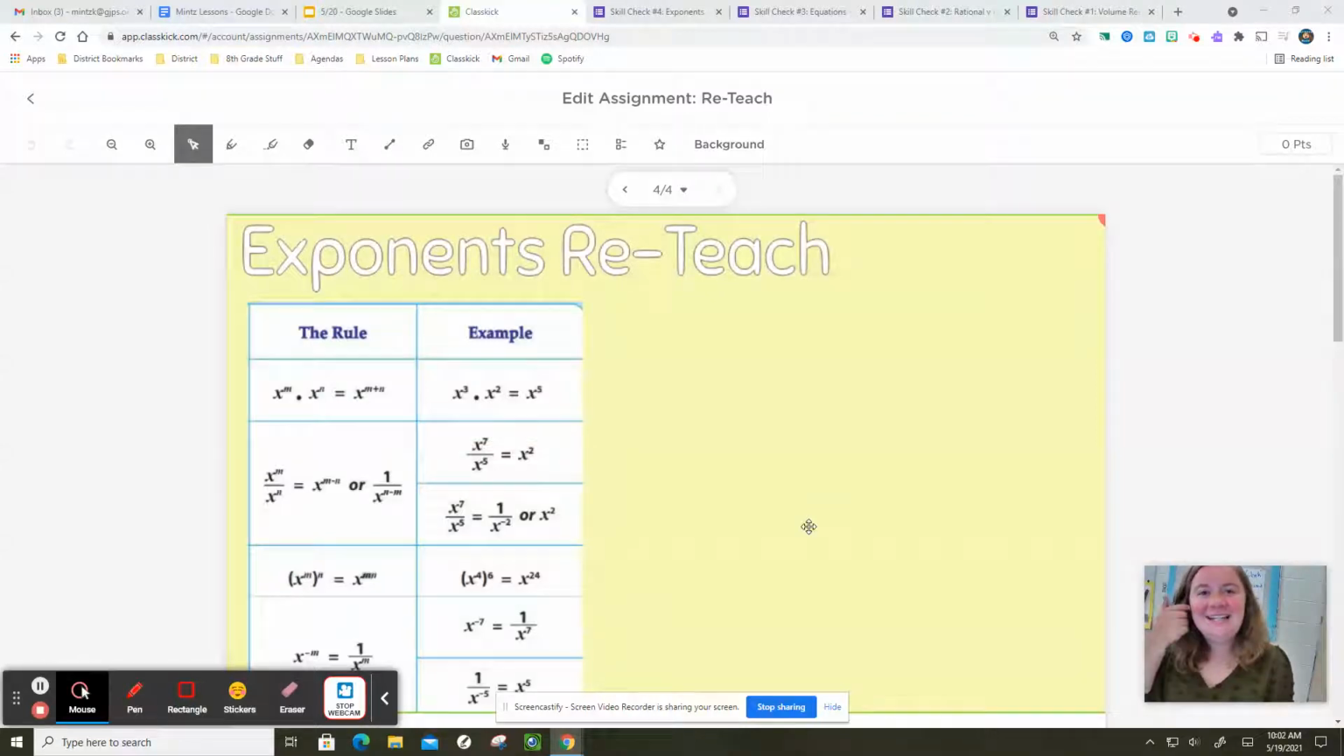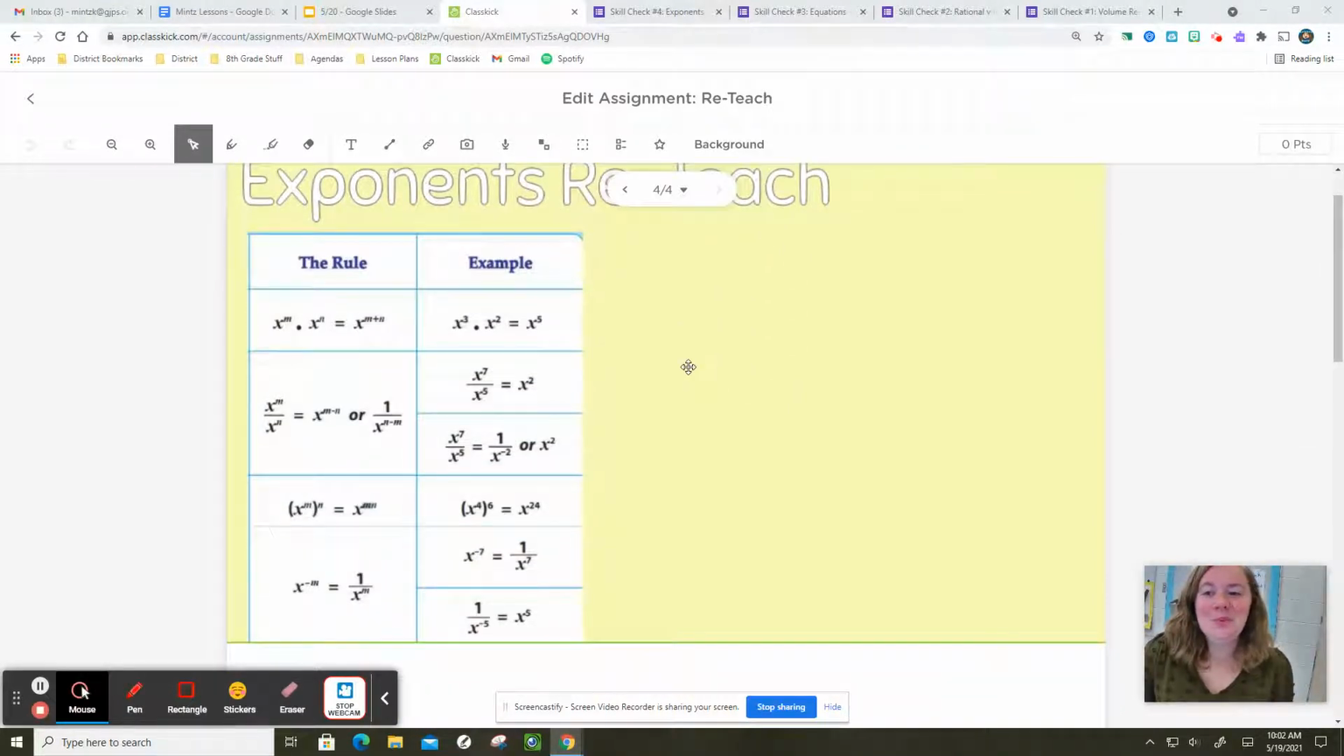Hi guys, welcome in. So today we're doing a reteach of the exponent rules that we've been discussing in class. I know some of these are a little bit tough, but I think we can get through them pretty easily